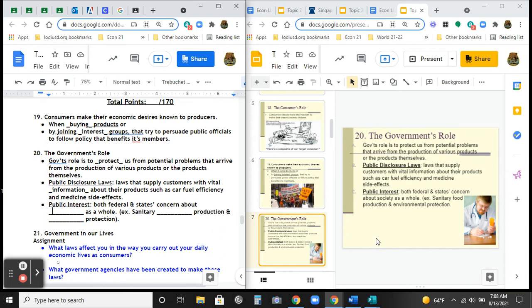Public interest. Both federal and states' concerns about society as a whole. For example, sanitary food products are very important, environmental protection. These are public interest issues that will come up